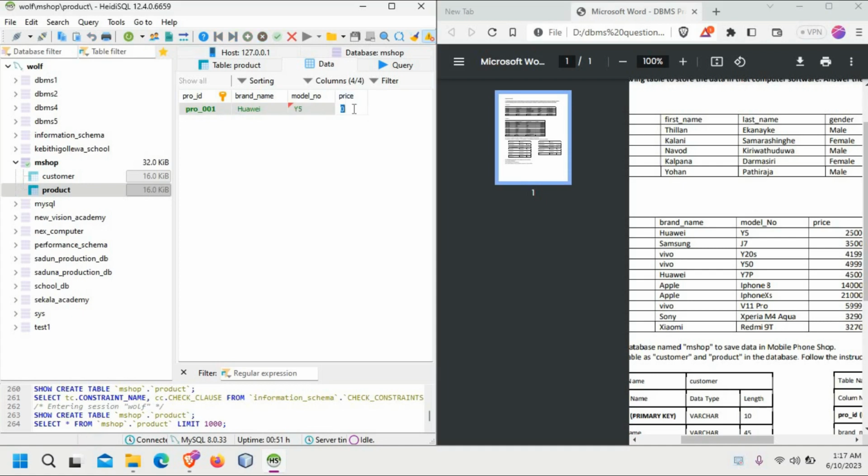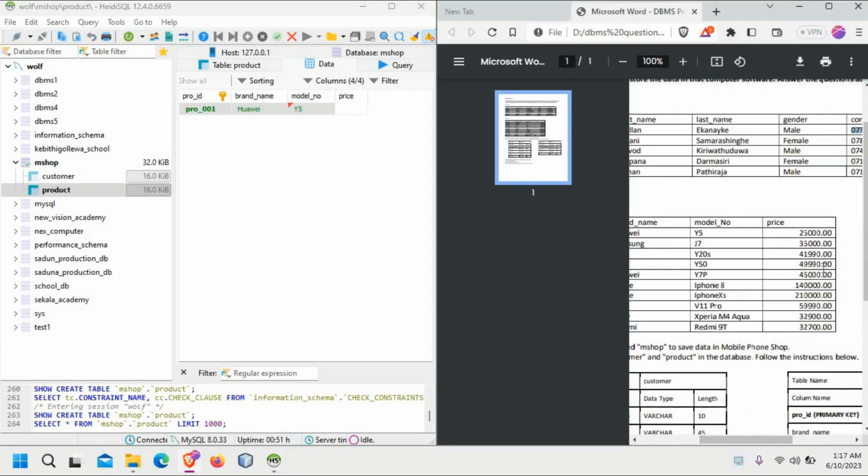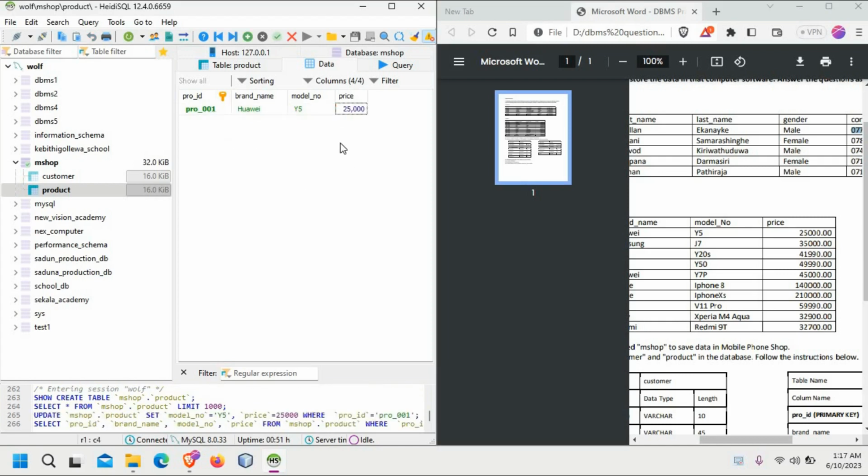Price is 25,000. 25,000 is the price. So I have entered the details